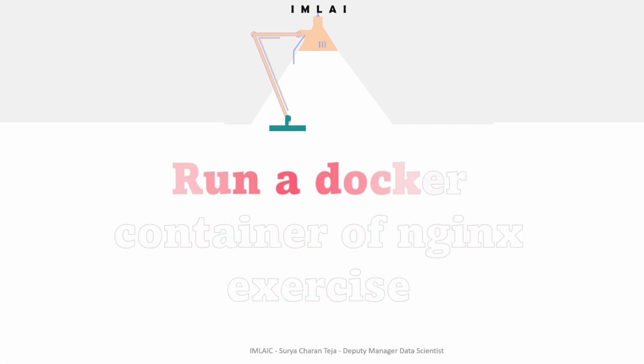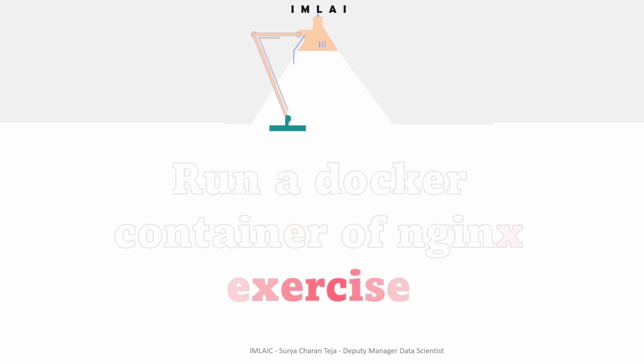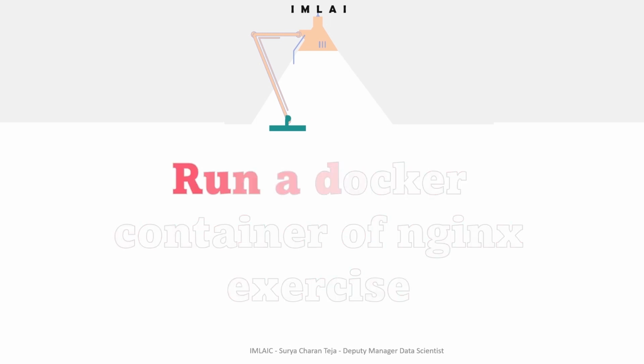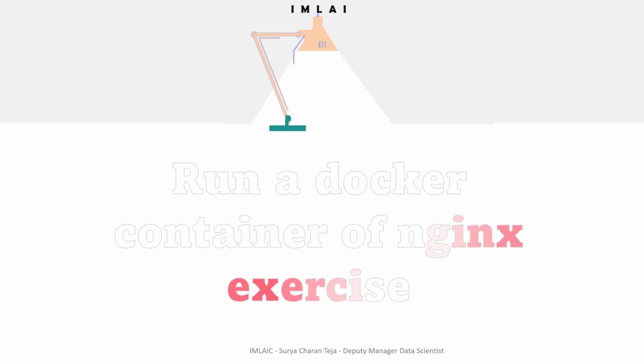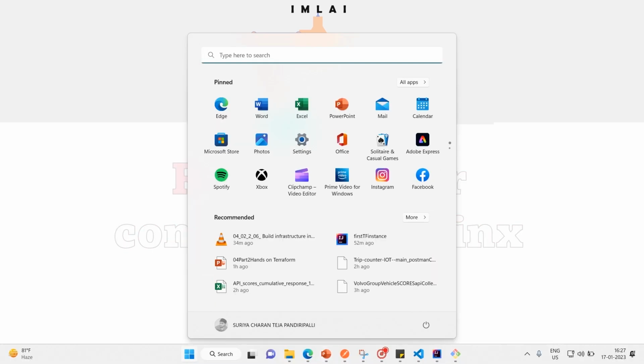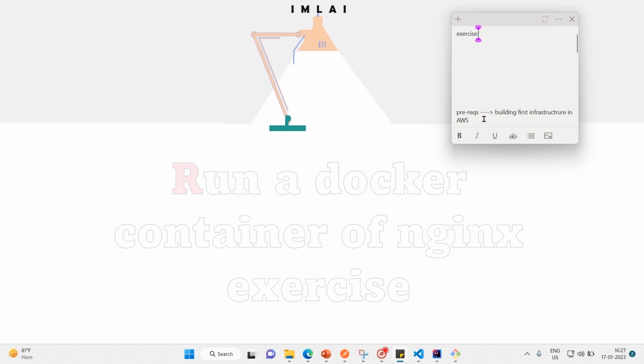Now let us look into the last exercise of Terraform. We will run an nginx server on our localhost using Docker containerization and Terraform. To do this exercise, let's write down what is required. Exercise: run a Docker container with the nginx service